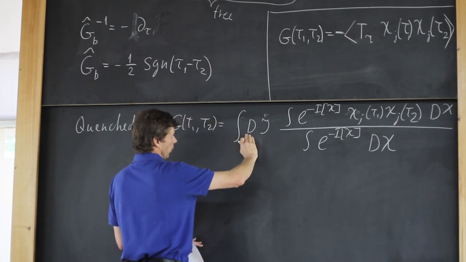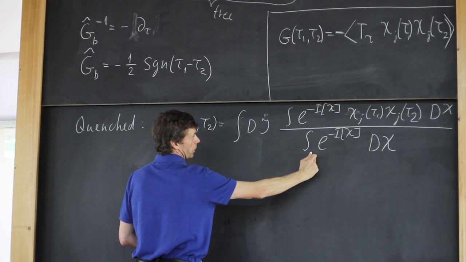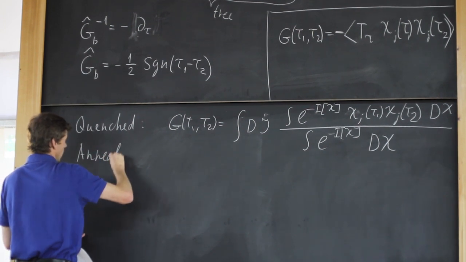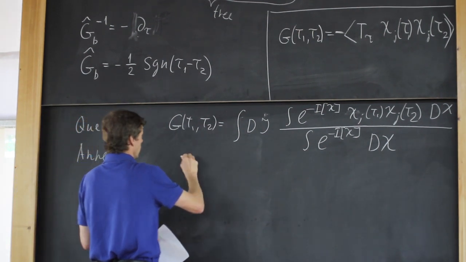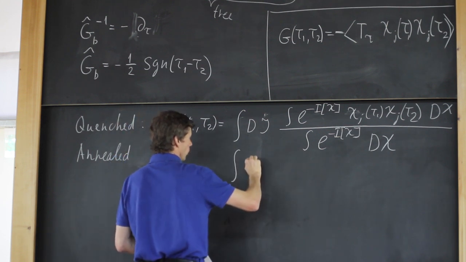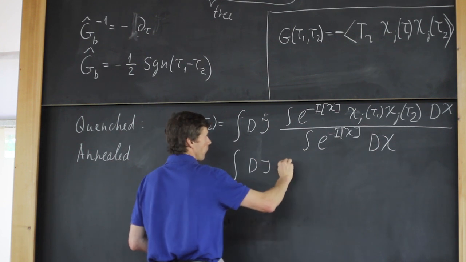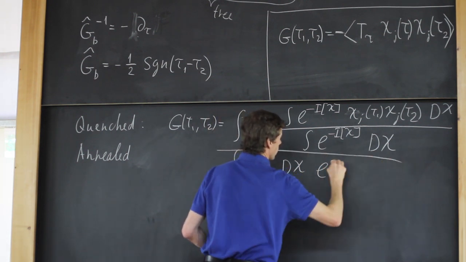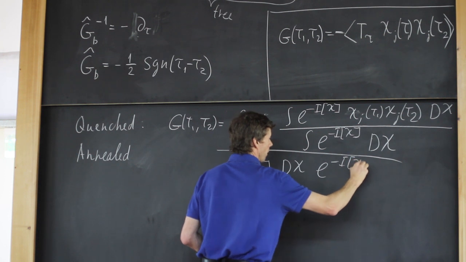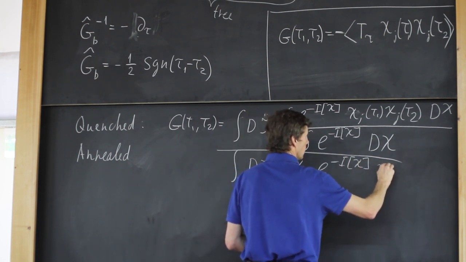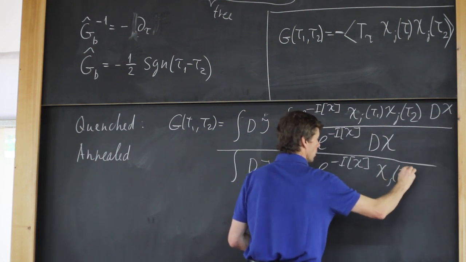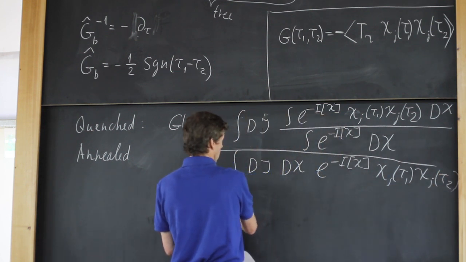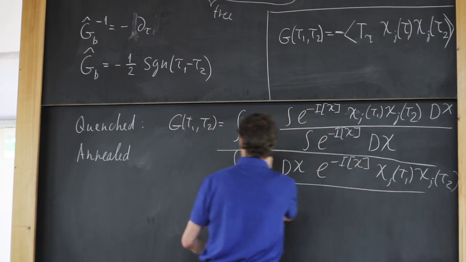So the integral over j comes after dividing by the partition function. And the annealed disorder is integral over